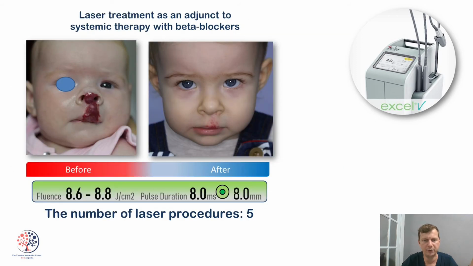This patient had a previous history of systemic beta blocker therapy during 2 months, and then the laser surgeries were performed. So it represents a case where a laser treatment is an adjustment to the systemic medical one. Due to the tumor's localization, they managed first under the general anesthesia using eye shields and then continued with only topical anesthetics. The results of this treatment are shown here.